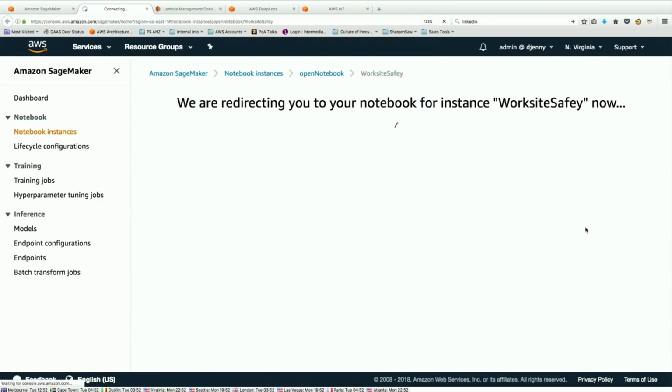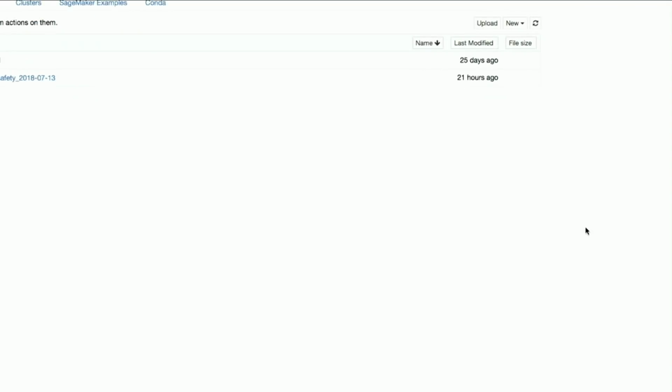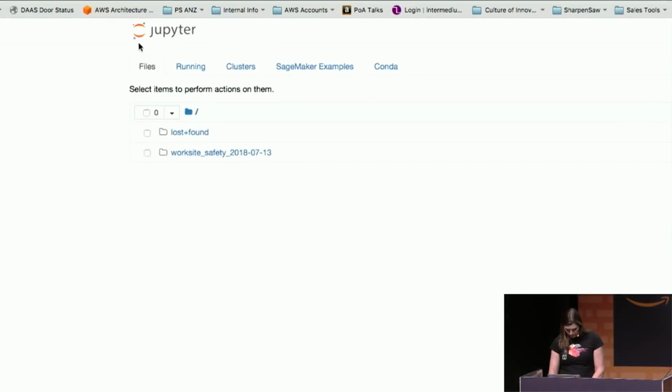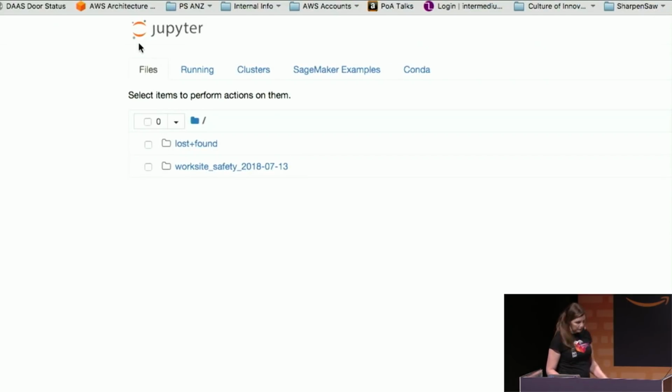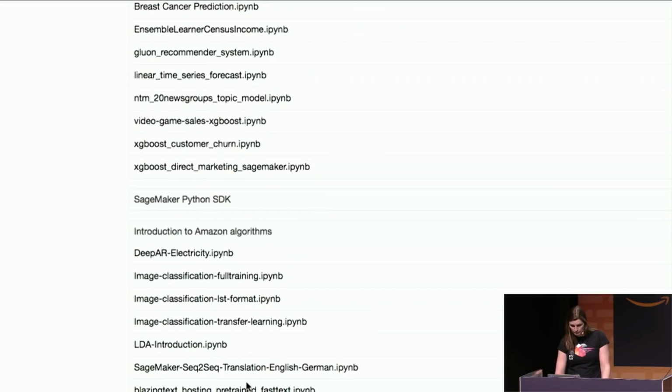Now we've got a whole lot of built-in algorithms, but also we've got a whole lot of sample notebooks which use those algorithms. Oh, this is a bit small. Let's make this a bit bigger, actually. How's that? Okay, so see this SageMaker examples? Super cool. A whole lot of sample notebooks. What I did is I used this Introduction to Amazon Algorithms, Image Classification Transfer Learning,